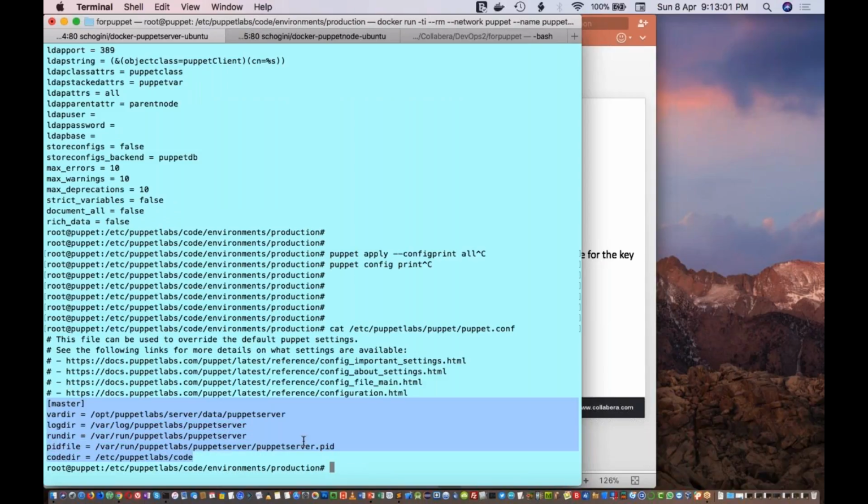So what is the use of this is, you'll be able to create sections. There are mainly 4 sections: first one is master, then main, then agent, and then user.